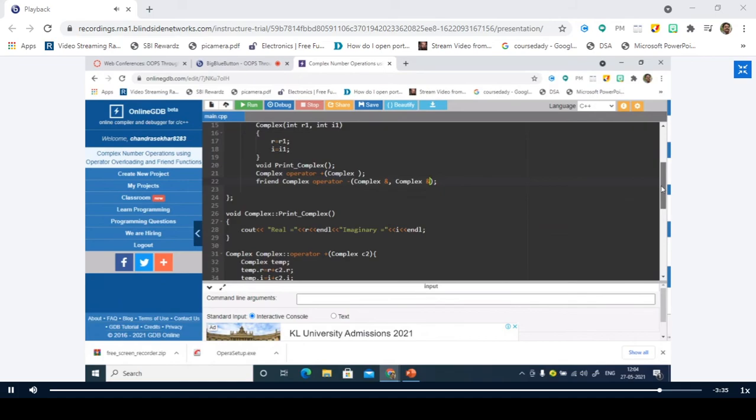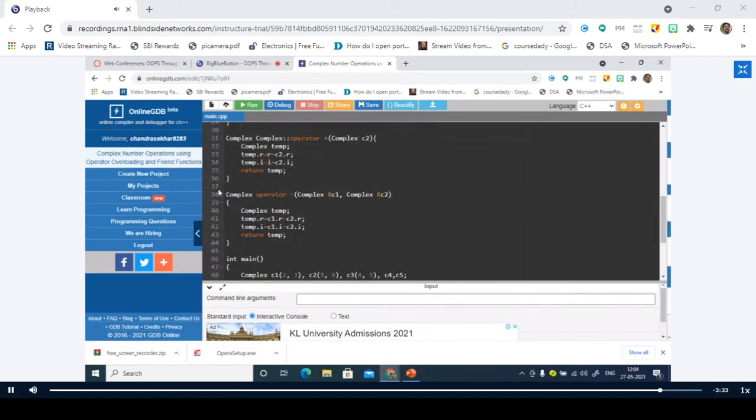Coming to the definition, this is how I have defined it. What is this complex? It is the return type, which means it is going to return an object of type complex. This operator is a keyword, and minus is the operator. I am taking two parameters here, two references of the object. C1 is the left operand and C2 is the right operand.